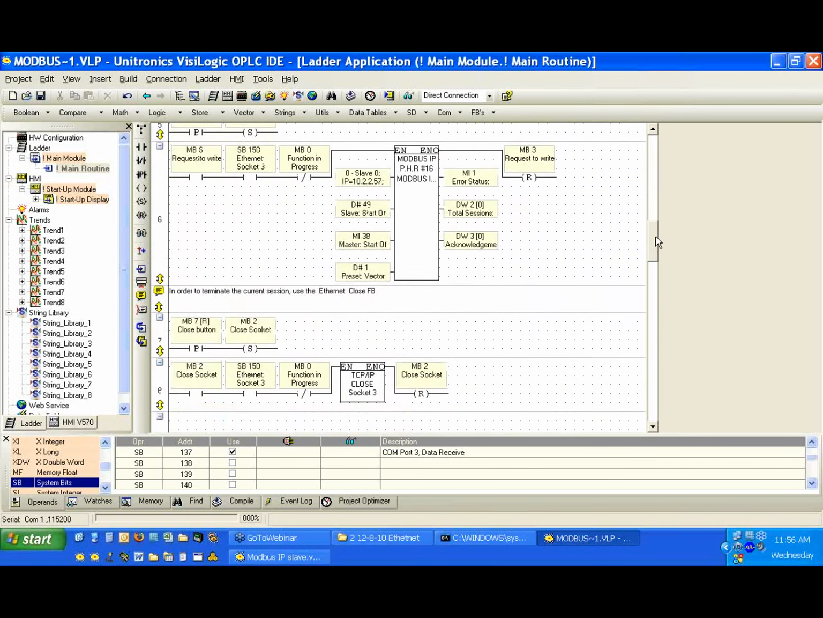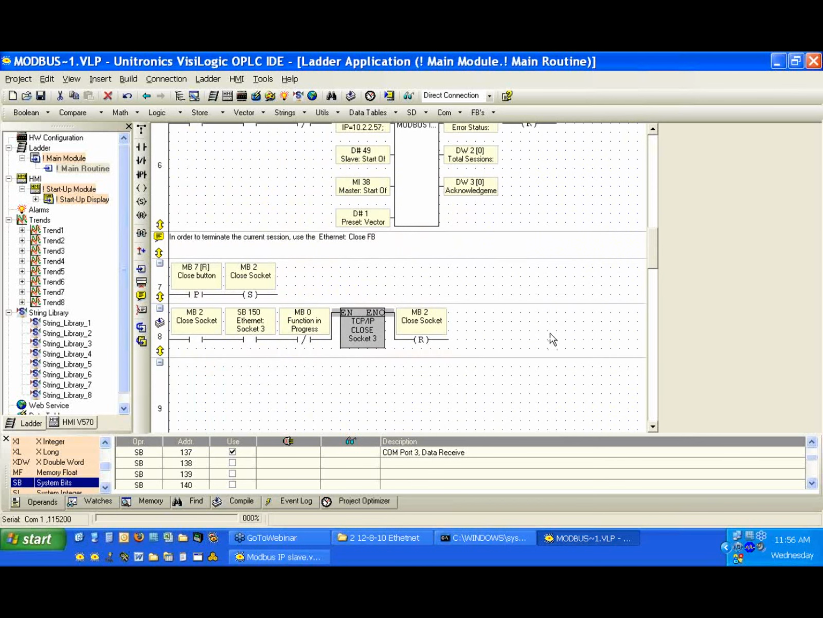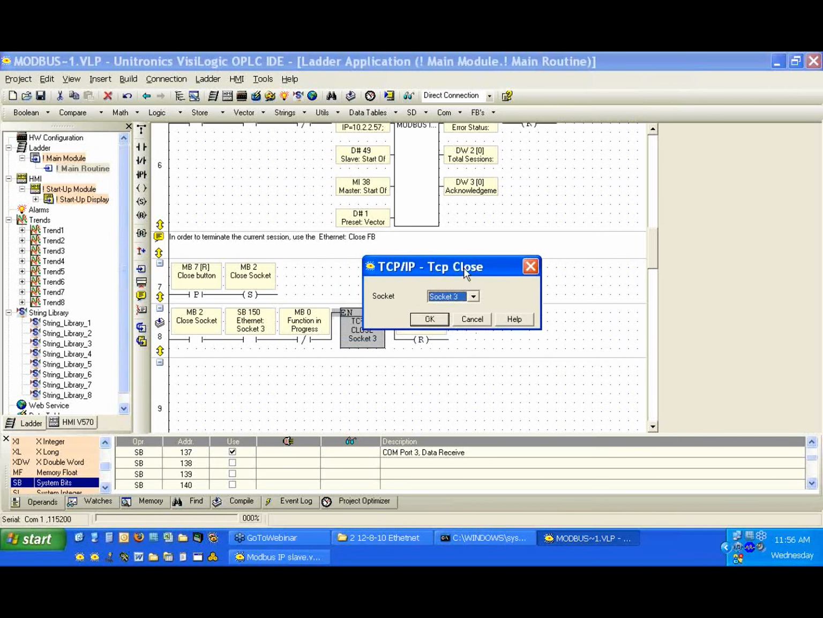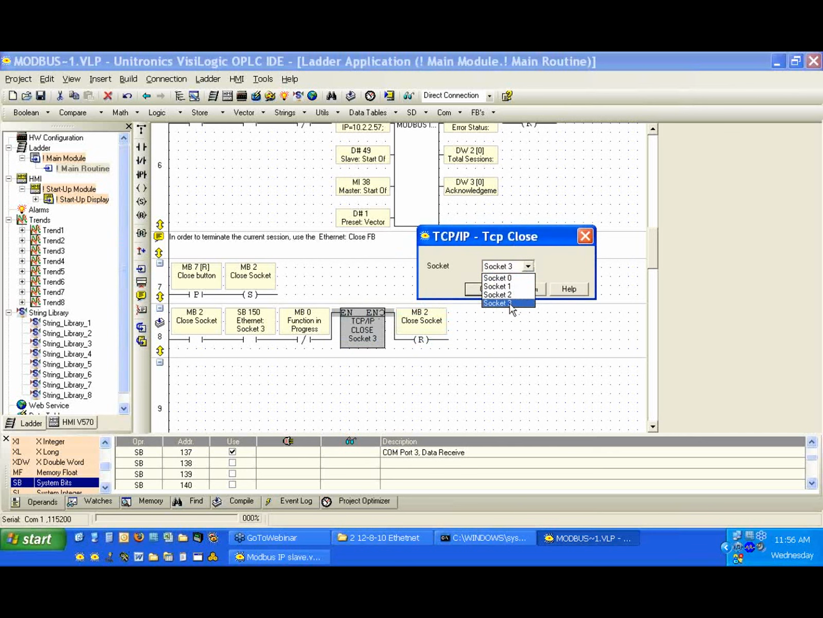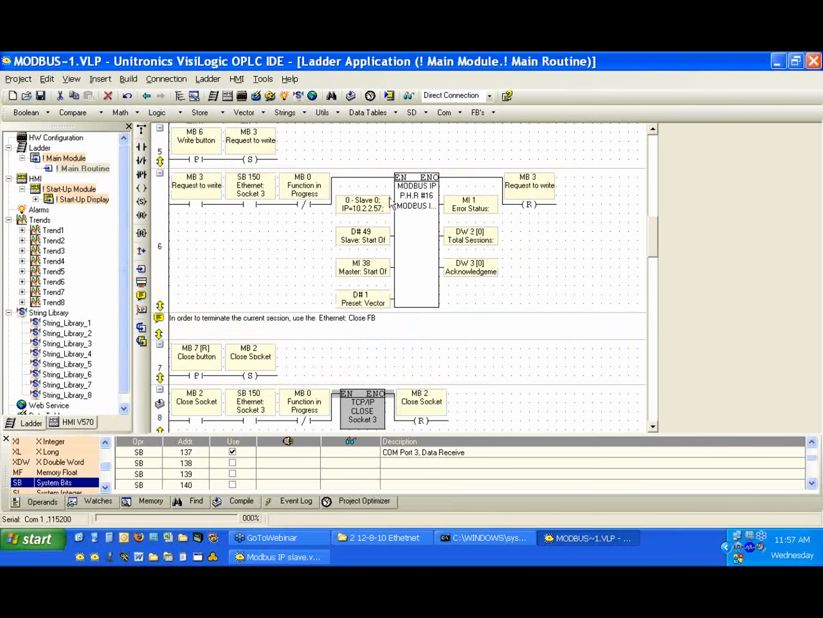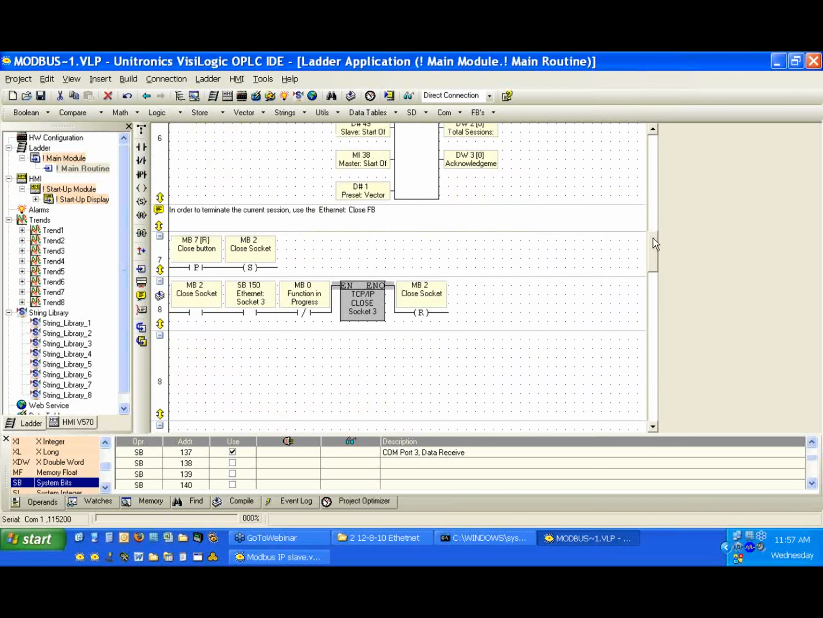And of course, when we're done, we're going to use our TCP/IP close. We'll take a look at this function block. It's pretty simple. You just select the socket we want to close. Okay, so is that clear? I just wanted to point out really with this example that with TCP, we create a connection, we perform our tasks, and then we can close the connection. Now we said we can only connect